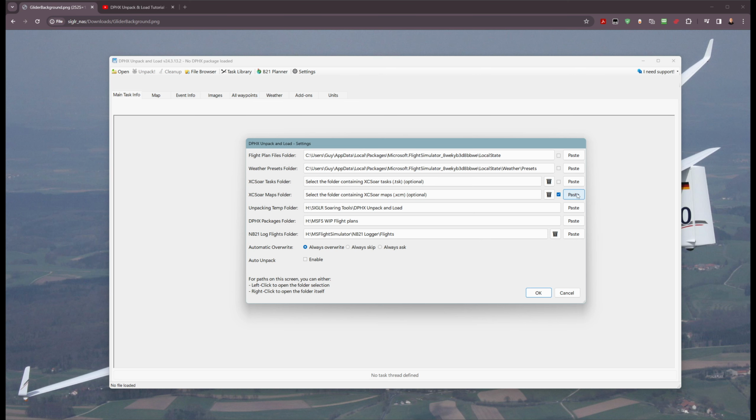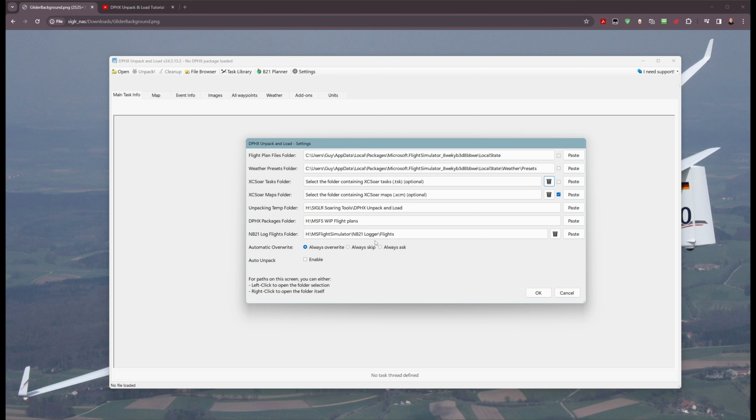And the trash can, I use that. I added that because I had a folder and I stopped using the XESOR, and it was still copying the files to a folder. It was searching for the folder. It was trying to copy the file to the folder. So if you have one and you stop using XESOR, you can just click here and it's going to delete any folder that you may have selected,